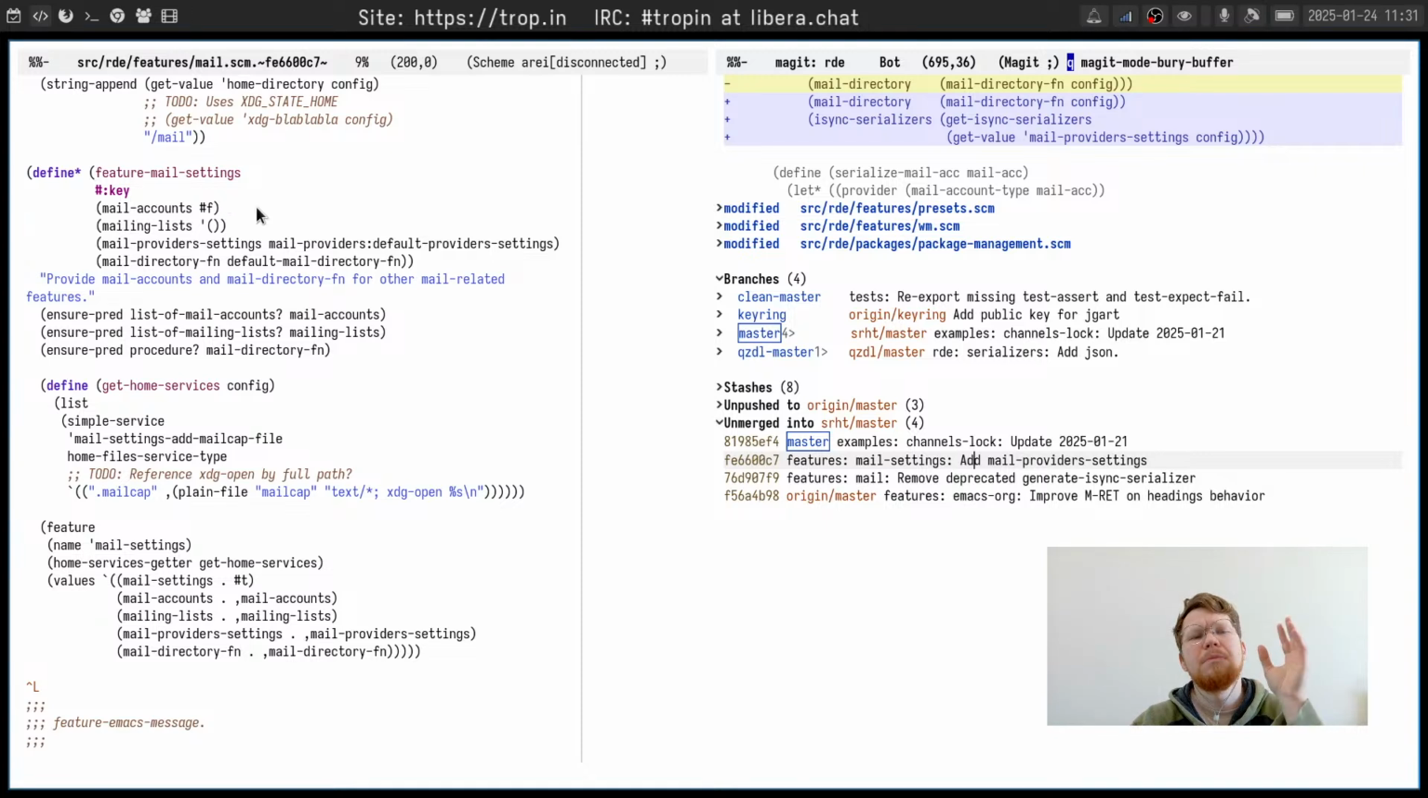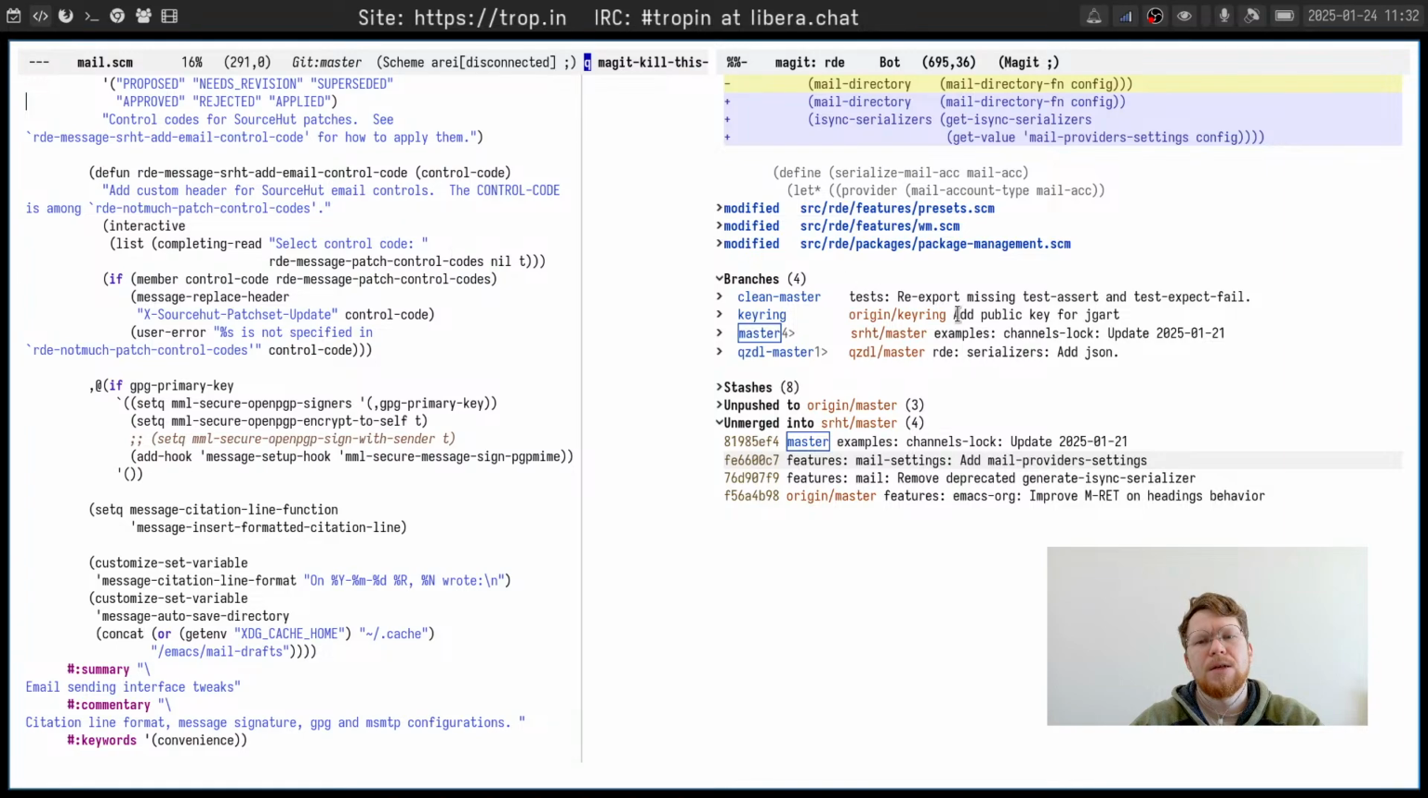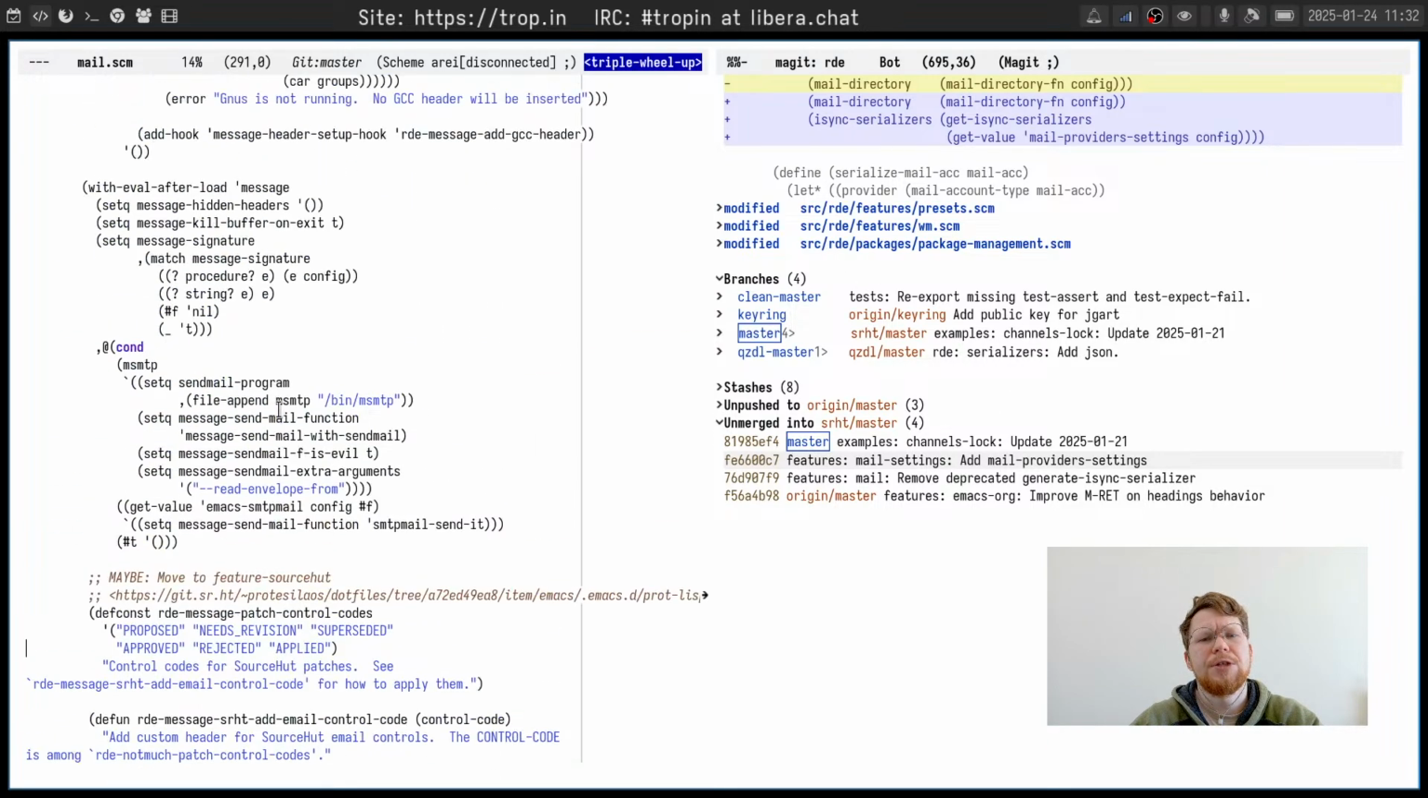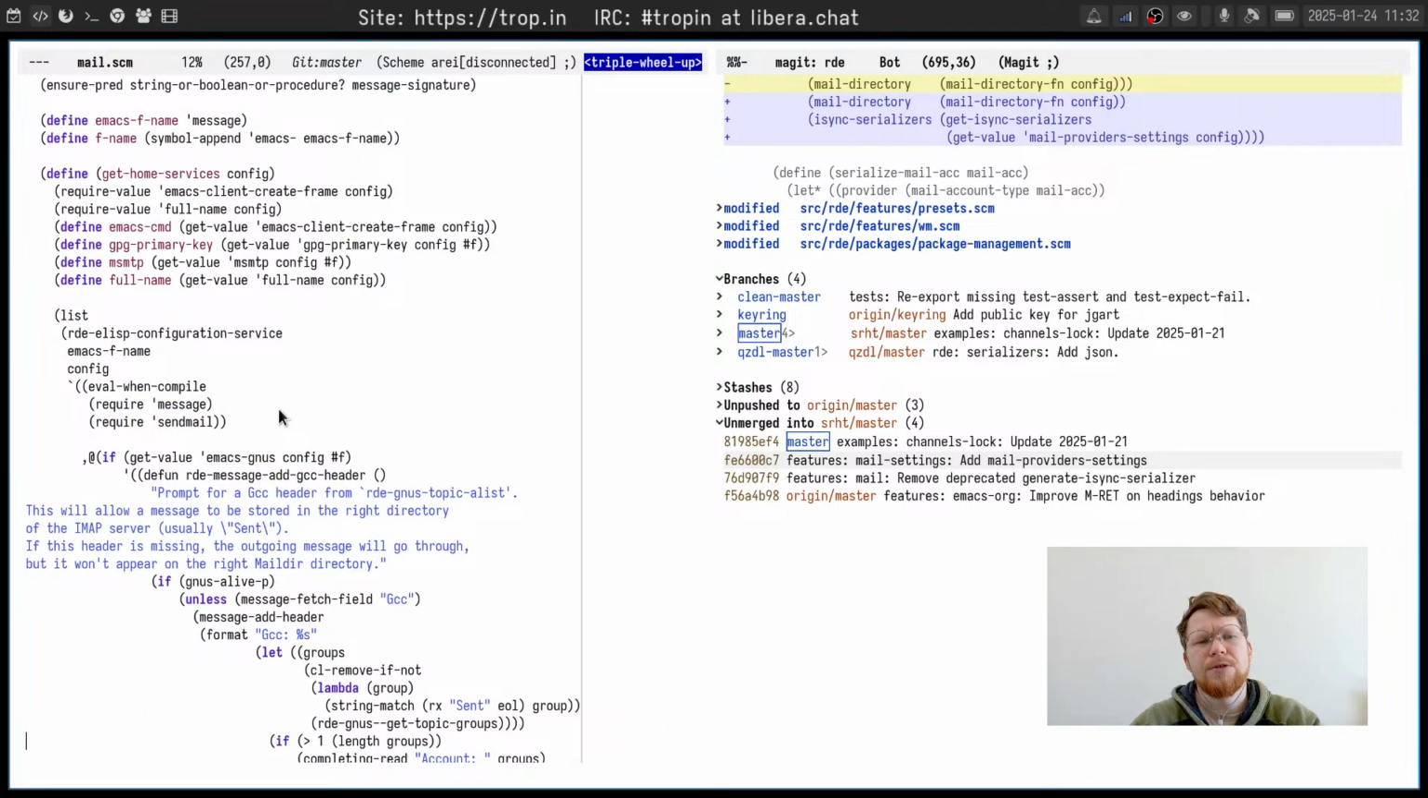Now we can keep all the settings related to both mail accounts and email providers in the same place in mail settings feature. Actually, I would like to rename it to email in some future, but for now it will be mail. Okay, we introduced such a change, and now all other features which are somehow related to email